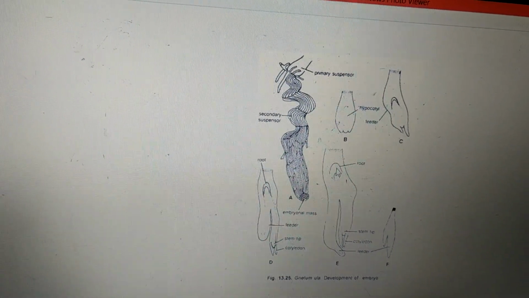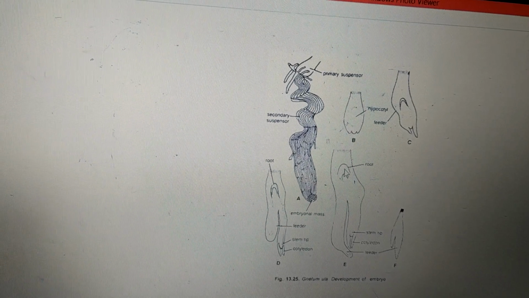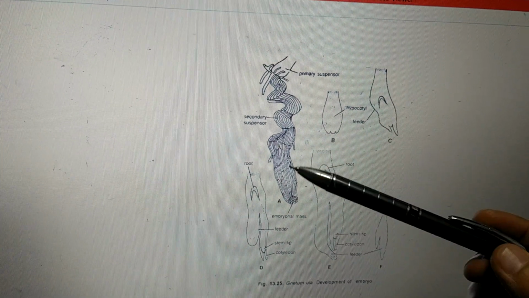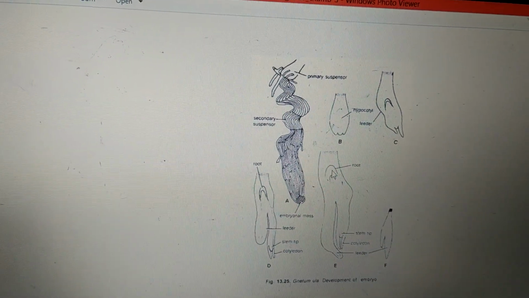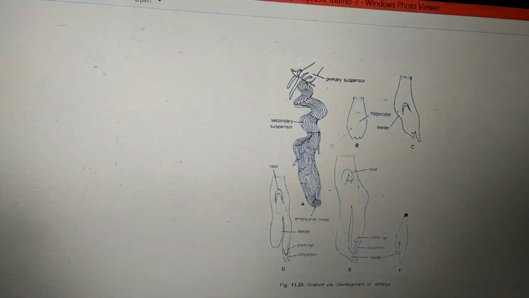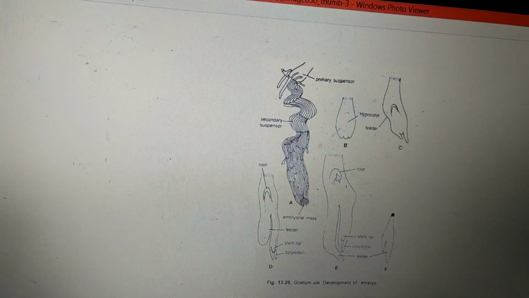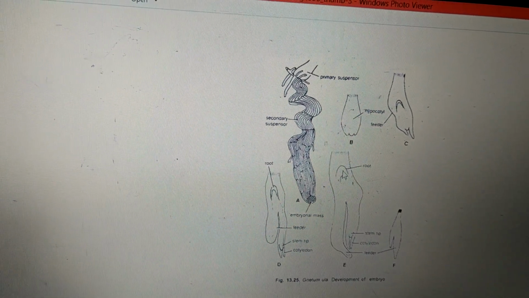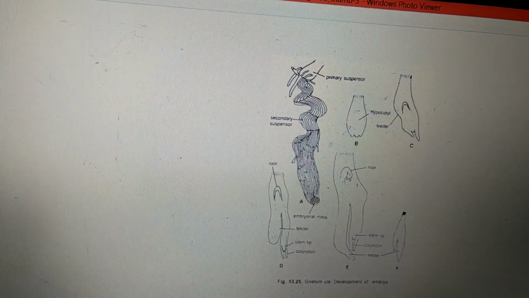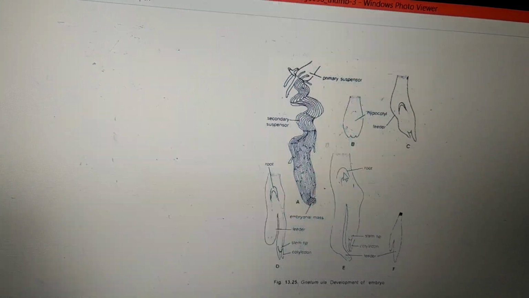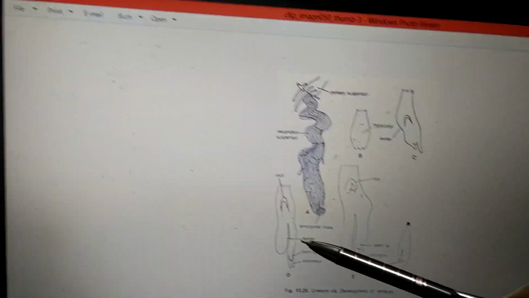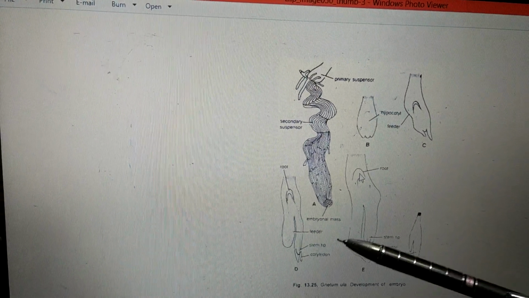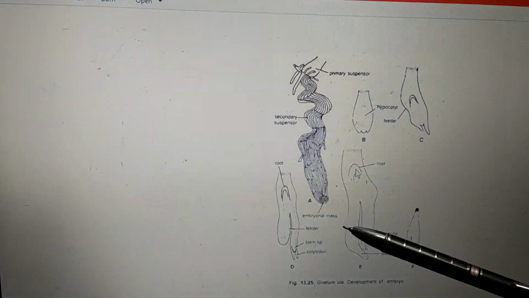This structure is similar to what we see in the embryo of a dicot. First the root is going to develop. Further, at right angles to the cotyledons, young leaves are going to develop. The feeder is going to persist. How long will the feeder persist? The feeder is going to persist until 2 to 3 pairs of leaves are developed. After that, the feeder is going to disorganize. The reason is that when 2 to 3 pairs of leaves are developed, they have the capacity to undergo photosynthesis.